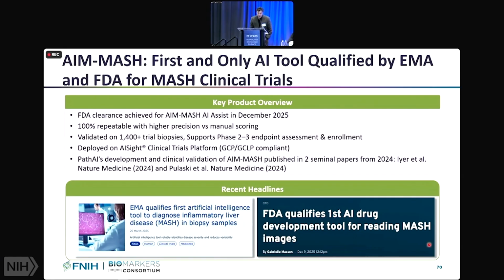We published 2 different papers in Nature Medicine, one on the analytic development and a second focusing on the clinical validation. And we think this can really be an important new paradigm for future ways of incorporating AI assistance into trials, particularly in areas, and MASH scoring is certainly one of them, where it has tremendous impact on how trials are executed, tremendous impact on things like response rate, and also there's tons of variability between pathologists because the tasks